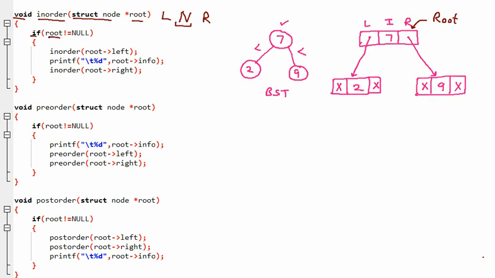So if root not equal to null, here we can see that there is a difference between all the pre-order and the post-order. In the in order, we are having node in between left and right. So if you talk about pre-order, their node will come first before left and right, and if you talk about post order, then after left and right node will come. So this is the structure of pre-order, post order and the in order. Now in every way we are going to pass on the root. So everywhere we are passing the root, and the void means nothing will come.